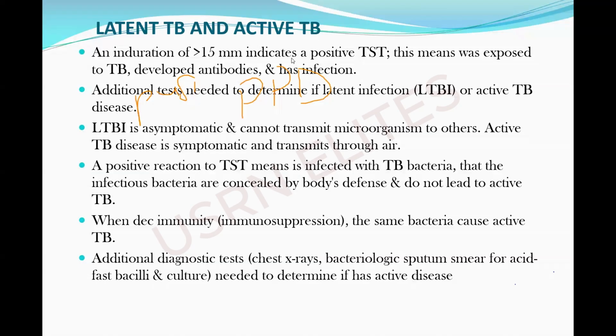The interpretation we can give to 5 or more millimeters induration size is that the person is positive for TB. I'm repeating that when you have an induration size of 5 millimeters or more, and the person is HIV positive or immunocompromised,